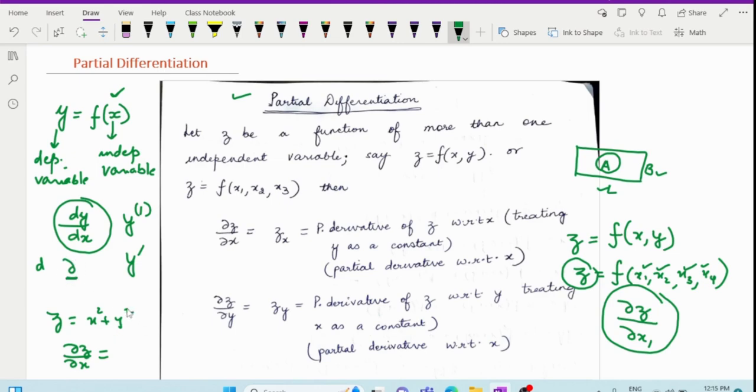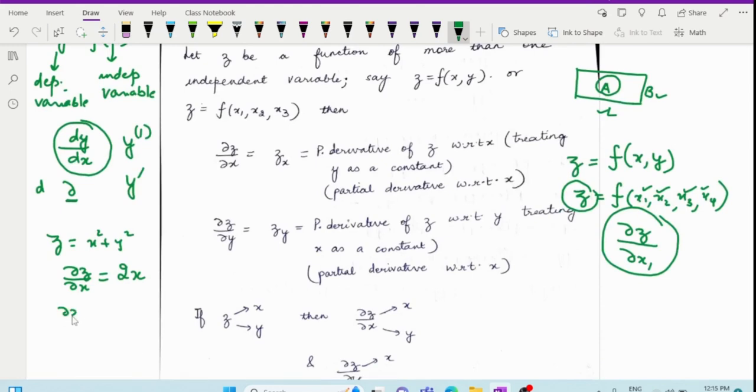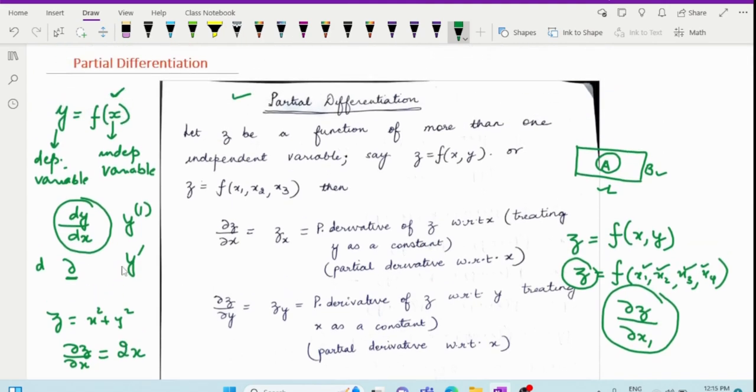Your y will be treated as constant. So you'll simply differentiate this partially with respect to x, treating y as a constant. So your del z by del x is going to be 2x. Similarly, your del z by del y is going to be 2y, and so on. So this is how you talk about partial differentiation, and that's the more relevant